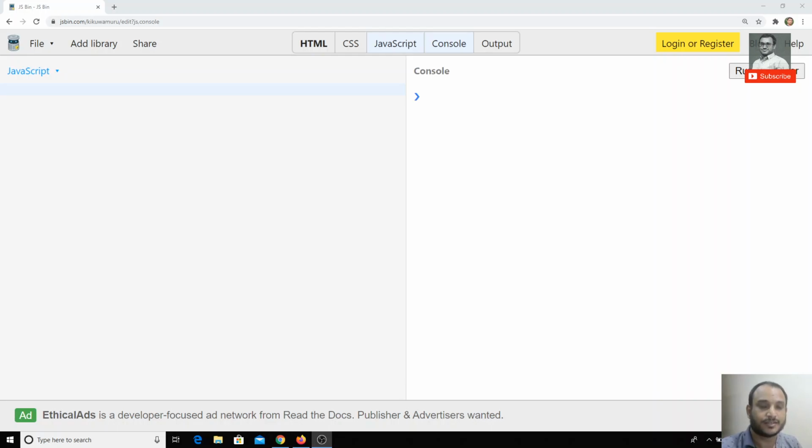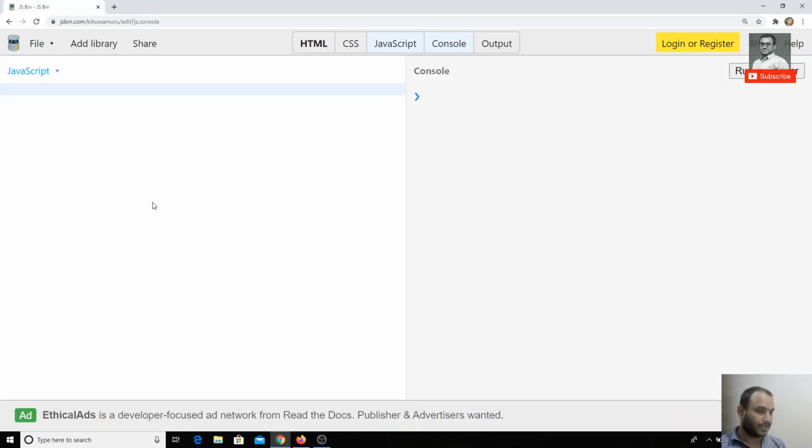Hi friends. As we have seen with the Reflect API, we have seen how to create an object and also how to change and get the prototypes. Now in this video, we will see how to get the properties. Okay, it looks like something weird. By using the Reflect API, we can get the properties of an object and also set the properties of an object. Let's see how we can do it.